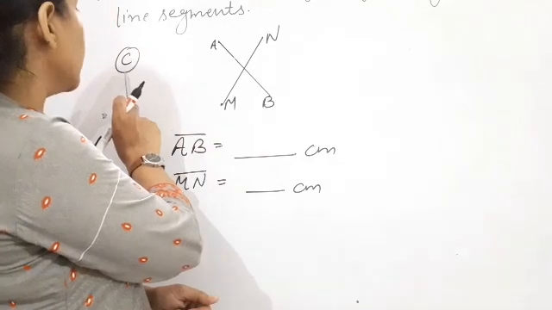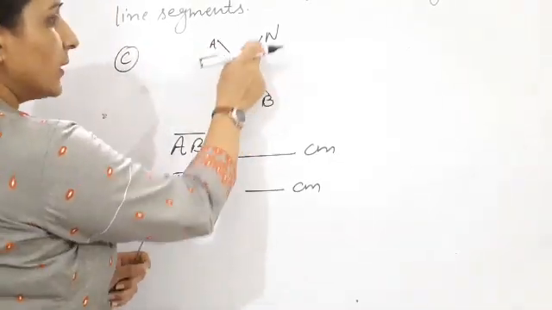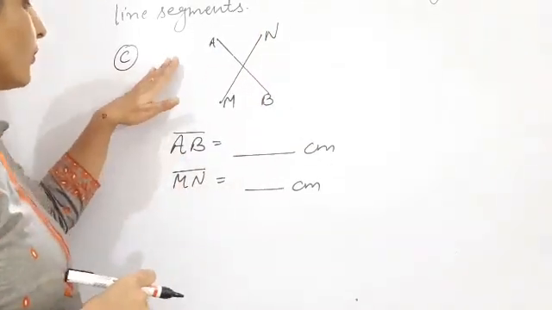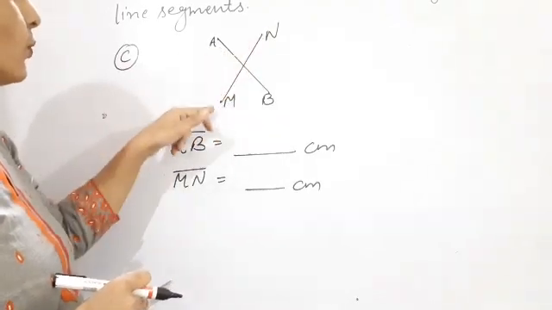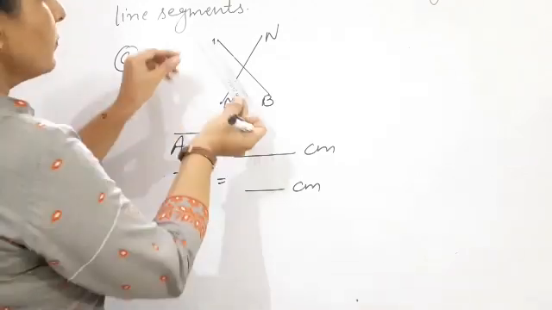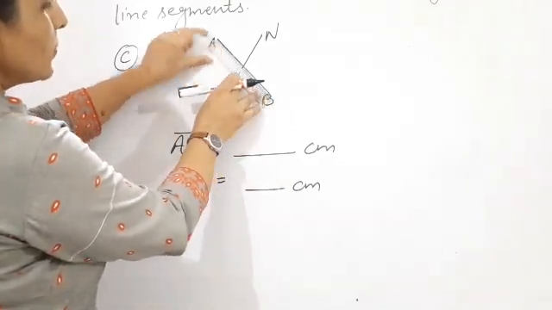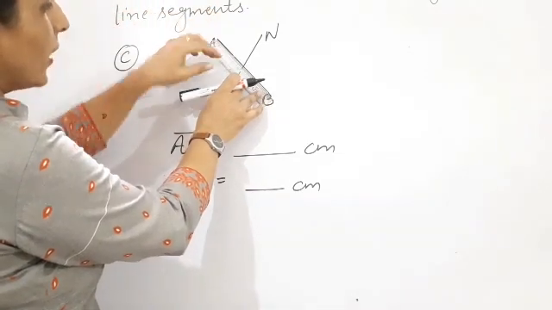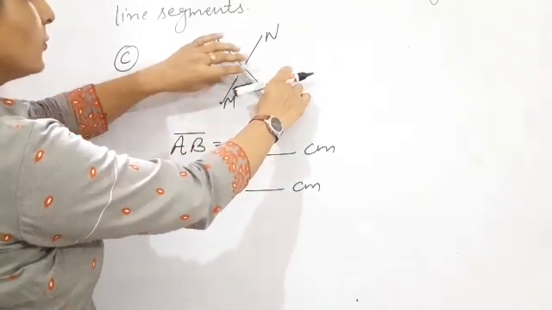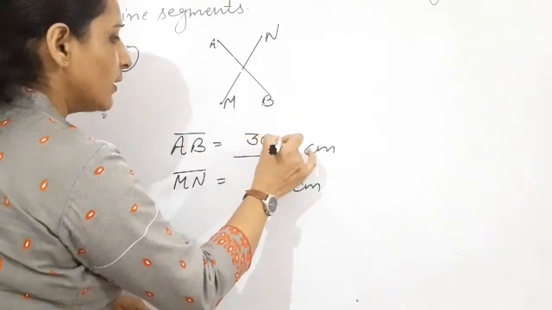Now part C, that is the last part of question number 2. Here two line segments are given. They are crossing each other. So in this question again, what do we do? We find the length of both and write it here. When we measure it, same, put your scale like that. Clear? And start from 0. You start counting 0 to 1, 2, 3, 4, how much. When we measure it, the actual length of AB is 3 centimeter.